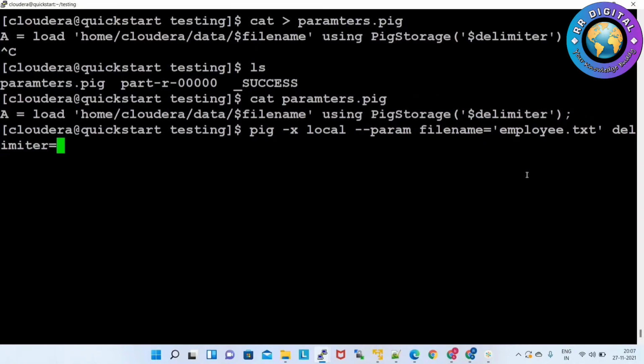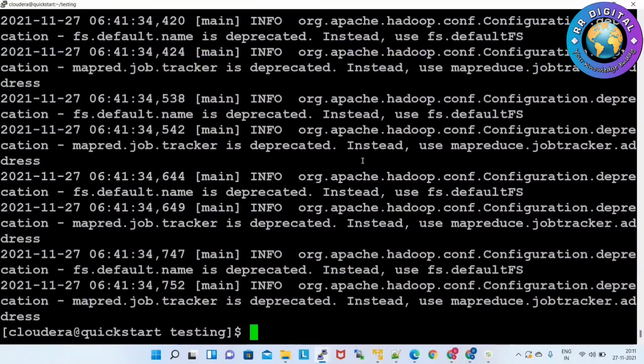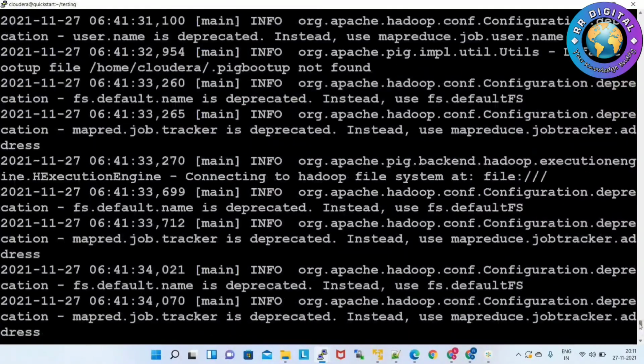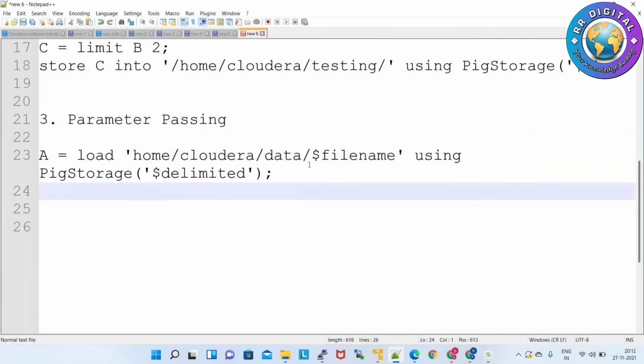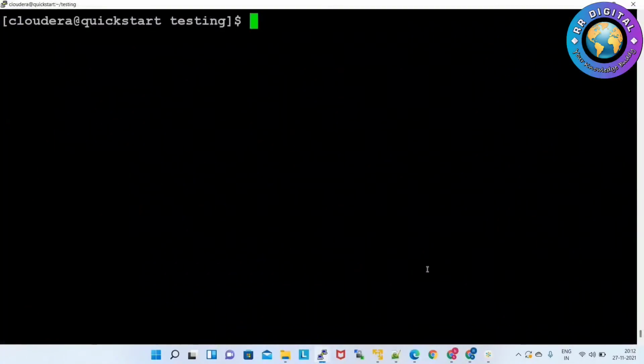Delimiter equals comma if it is comma, or pipe if it is pipe. After that -f, your script name, parameters dot pig. So it executed successfully without any errors. We passed the parameters without any errors. So this is about parameter passing.